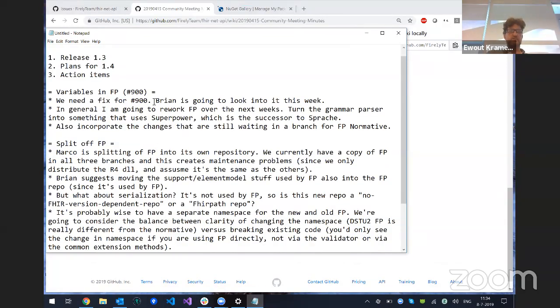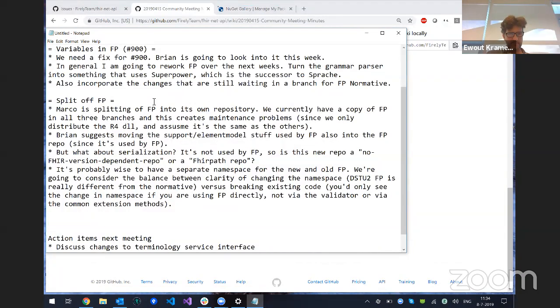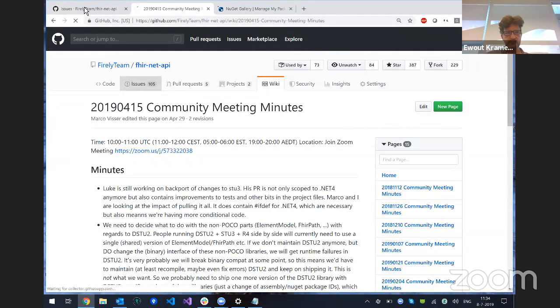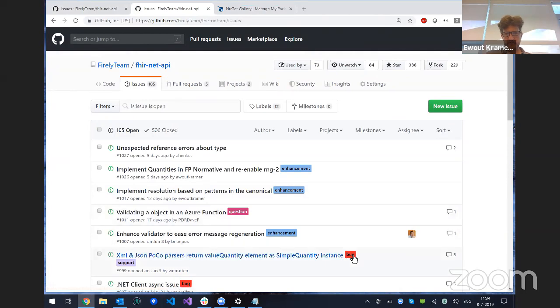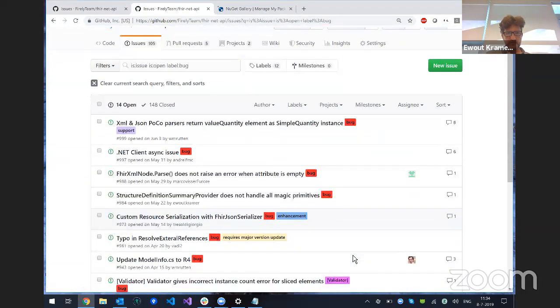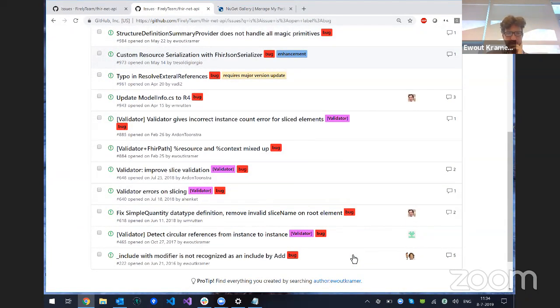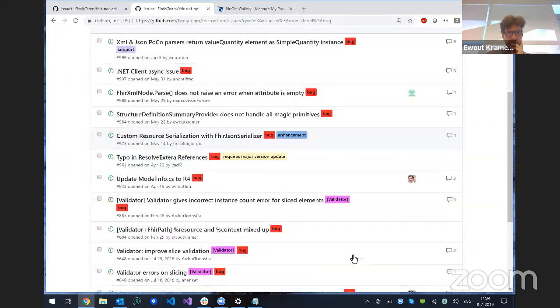So maybe then 1.3. I can say it's mostly a bug fix release. George has been working on just picking up bug by bug from the FHIR API list. So if we look at the issues list now, sort on bug, and then look at the ones that are not validator related, because Marco's going to work on the validator,